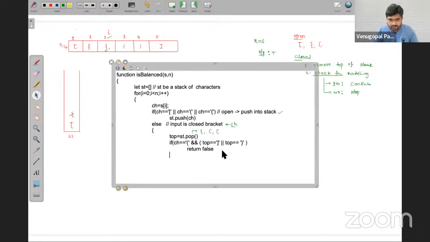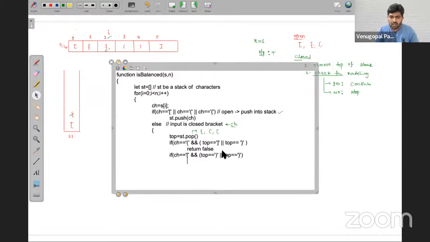Next case. In case your character is, for example, let's say this is true, and your top is, let's say, either this or your top is equal to this open, then also you have to return false.